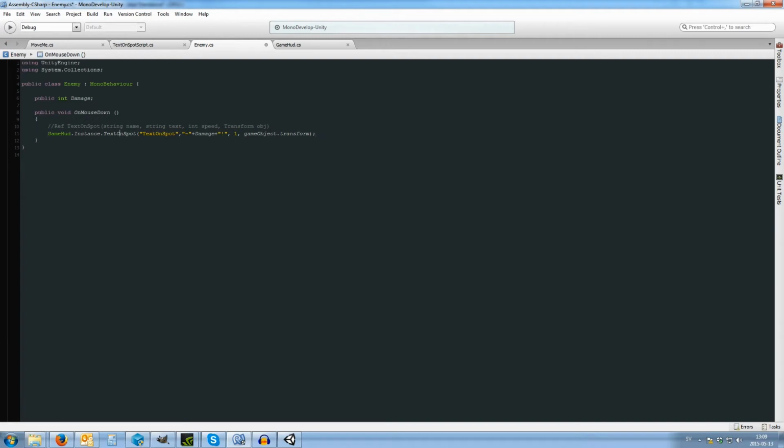So here we'll be able to configure it however we like and with whatever stats we like this way. And then we are putting in the speed and then the position, which is the gameObject that we are calling from. So we are sending the position from the gameObject we are on to the TextOnSpot script and putting the TextOnSpot script on the same position. So we should now, if I haven't done anything wrong, get